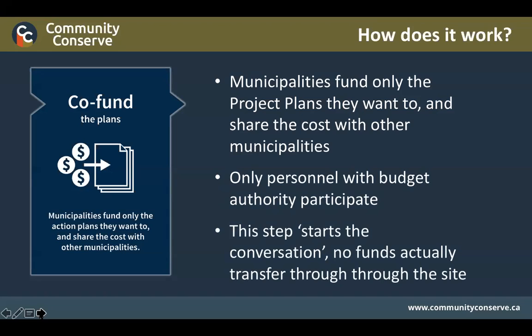Basically, on the site, what happens at this point is we call it starting the conversation. And there's a button called Start the Conversation. No funds actually transfer through the site. It's not like other kinds of crowdfunding mechanisms where you click on your phone and immediately debit money from your bank account. All this is starting that mechanism, starting the conversation so that we can have that discussion with the person from